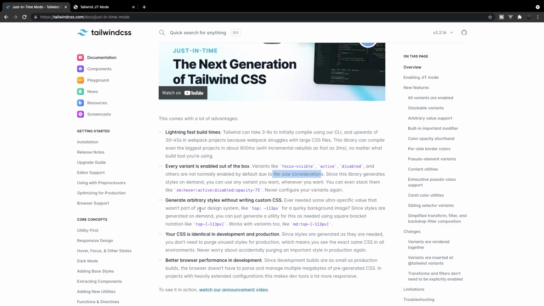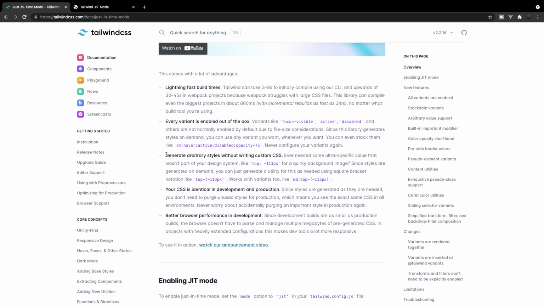So that's pretty cool. Now the next thing here is the ability to generate arbitrary styles without writing custom CSS. I've actually run into this issue a few times with Tailwind, where their example here for the background image is exactly the issue I had, where I wanted to be very specific with where I wanted to position this image, and we really don't have that ability within Tailwind without writing some custom CSS, but we no longer have to do that as we can use what they call the square bracket notation to achieve something like this here,